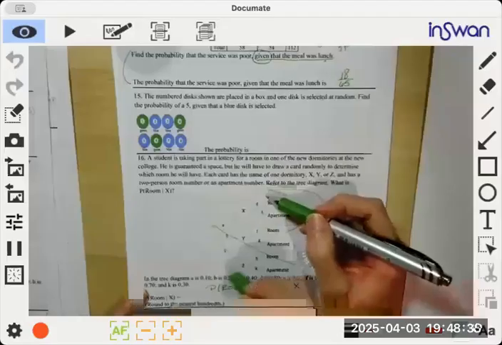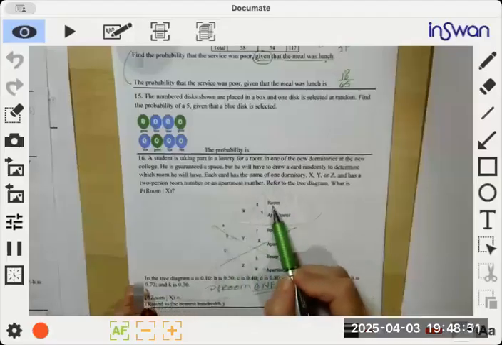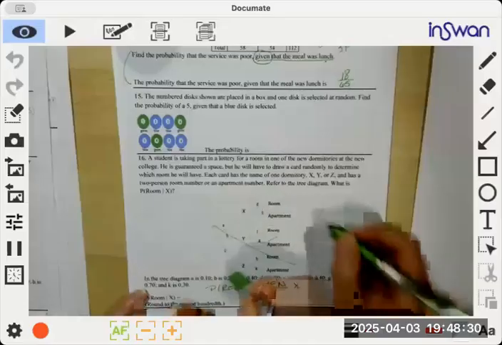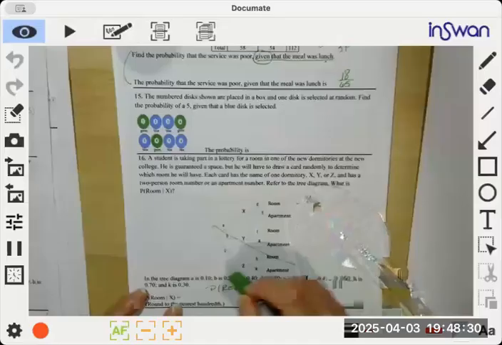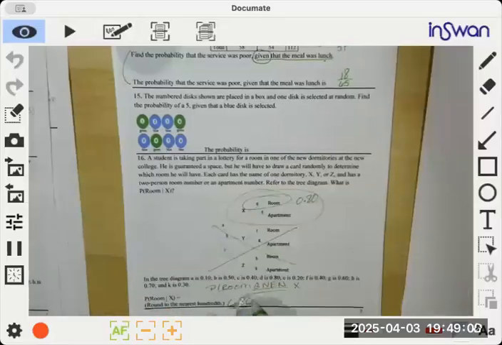So D, oh, we don't even need to do that. Room given its X. Room given its X. So D is 0.80. That's our answer. Or just 0.8. Oh, so you just